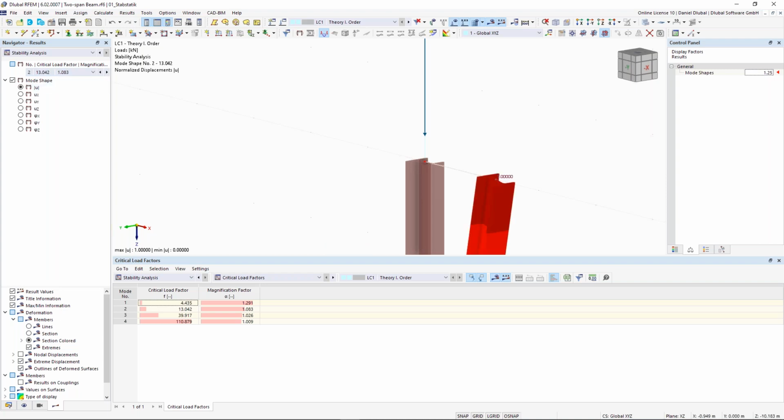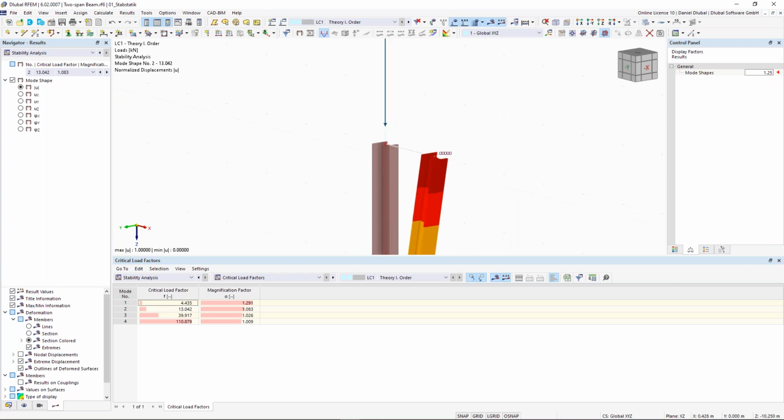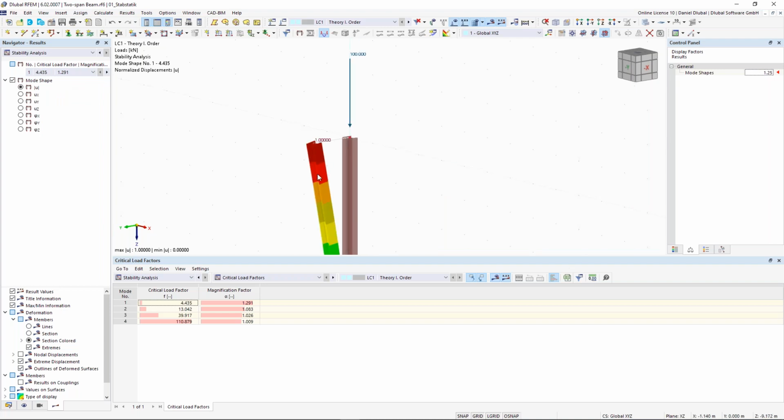The second one would be around its strong axis. This is interesting, but this is clear. So when you would design this beam, then you would add additional lateral supports, avoiding this failure around the weak axis. Okay, so let's go to the